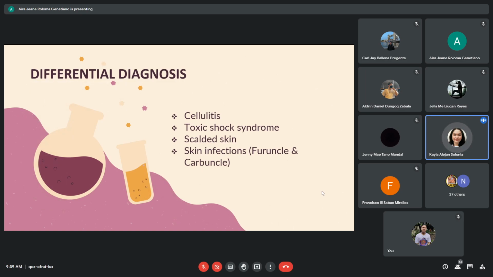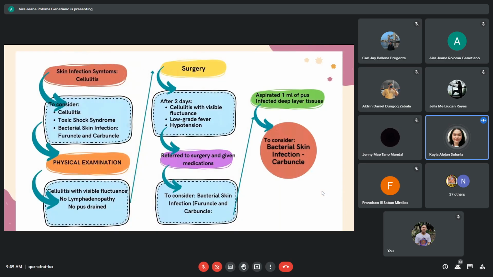So for differential diagnosis, the diseases presented below are all bacterial infections associated with Staphylococcus aureus bacteria. For skin infection symptoms, the ones to consider are cellulitis, toxic shock syndrome, bacterial skin infection, and furuncle and carbuncle. All the diseases presented meet all the symptoms, which are redness, swelling, fever, as well as low blood